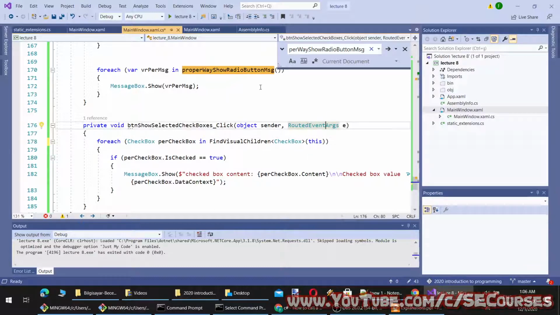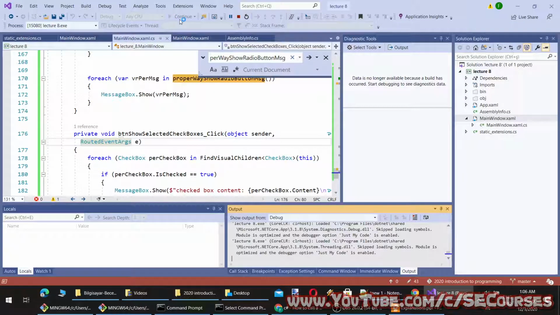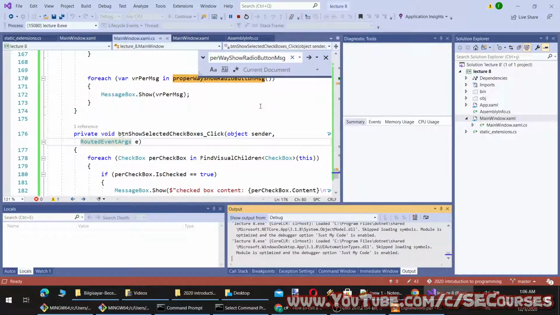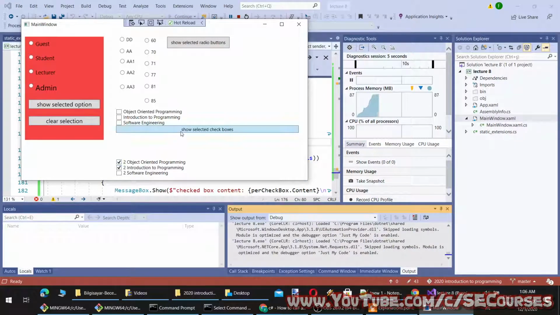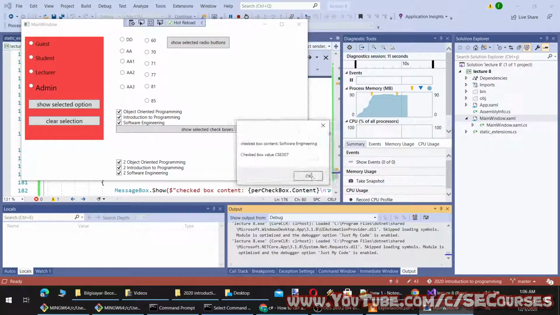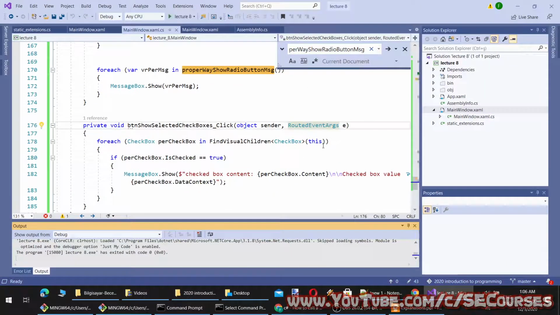Okay. Anyway, I have removed the parent restriction. Therefore, now it will work for all of the checkboxes. Okay. So how you design, how you code your software, is totally up to you. Now you see it is working and it is fully dynamic as before. Now it will show all of the checkboxes. So it is totally up to you.